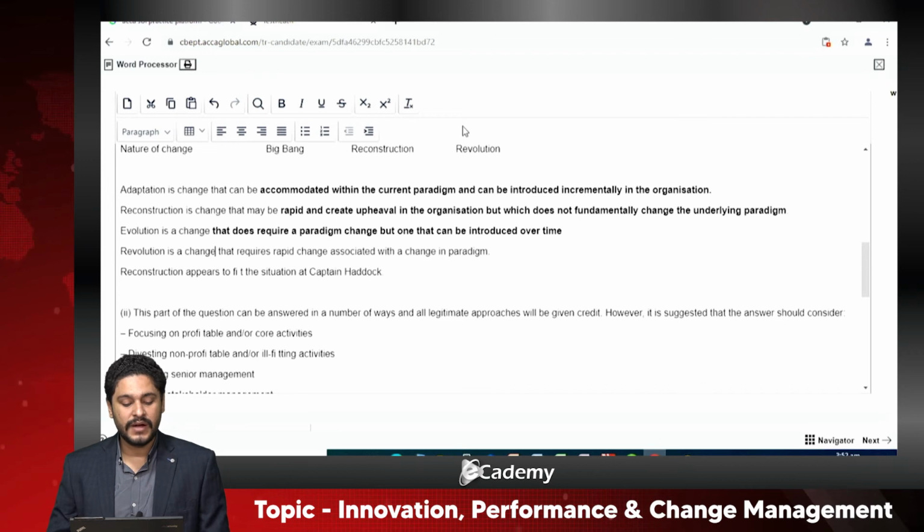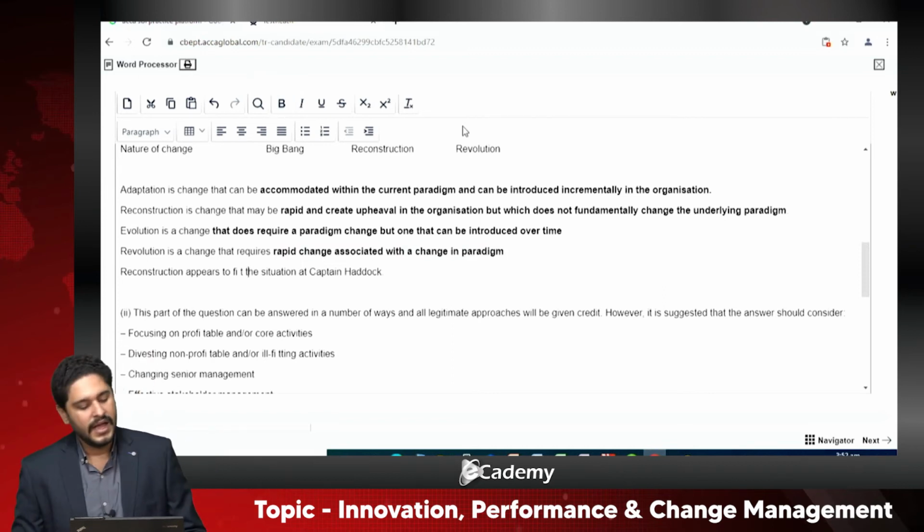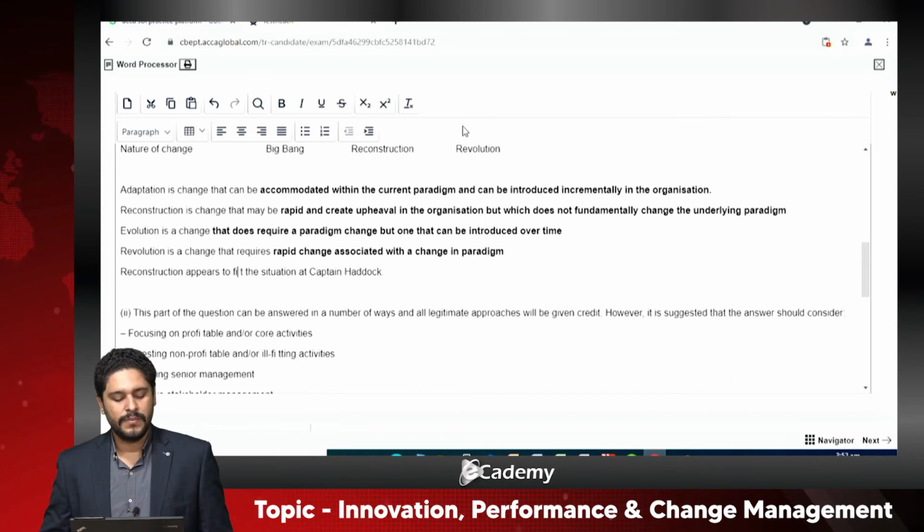Revolution is a change that requires rapid change. So this is a change which requires rapid change associated with a change in paradigm. It's a rapid change, it's a big change, it's a huge change. So you need to have a very good analysis on this type of change, and reconstruction appears to be fit